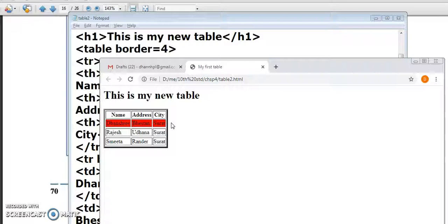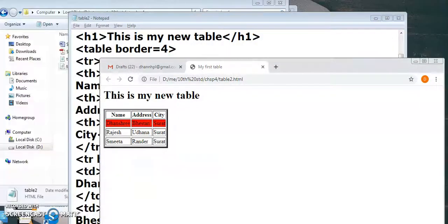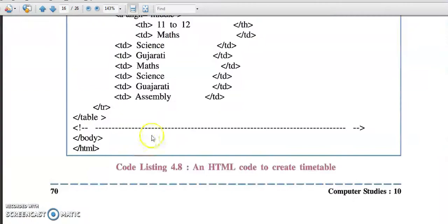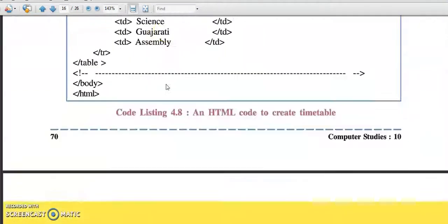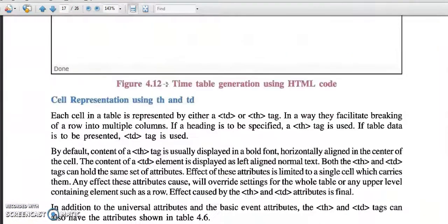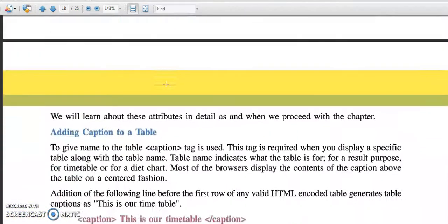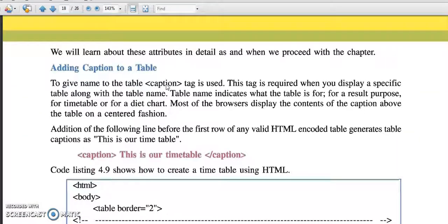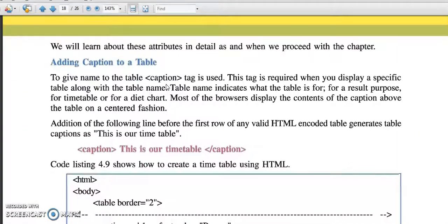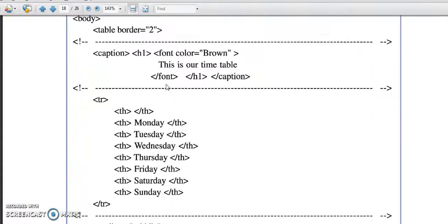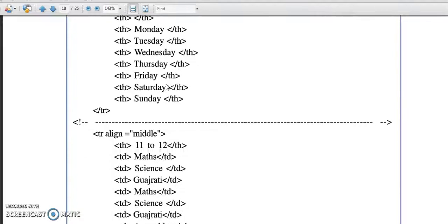I hope you are able to see the change in this particular row. Same way you will continue for all these. What is the caption of the table? Caption, this is our timetable. In this way you are able to create a timetable.